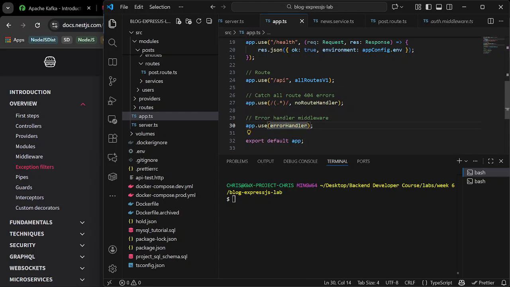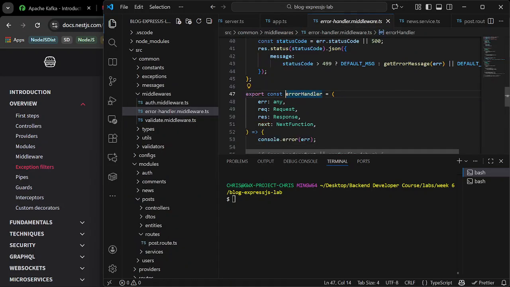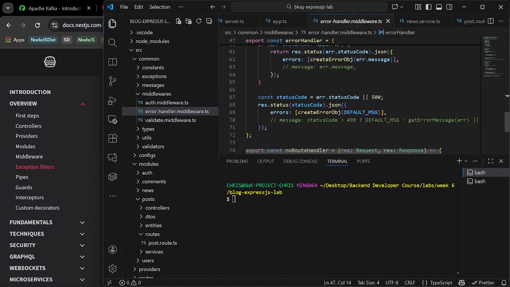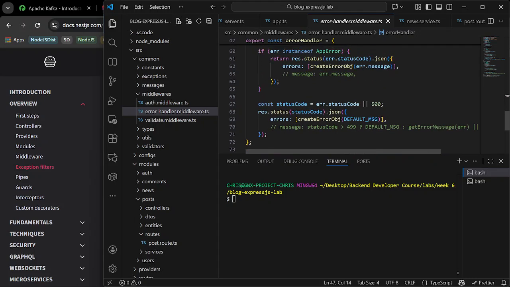So basically, what it does is that it just comes there and catches any error. If it catches an error and tries to read any information from it, and if there's no information, you just throw a 500 status code and give it a random message to tell you that this error has to do with the server, right?